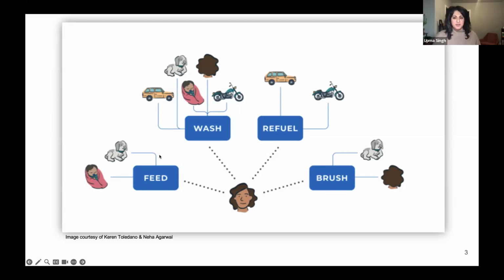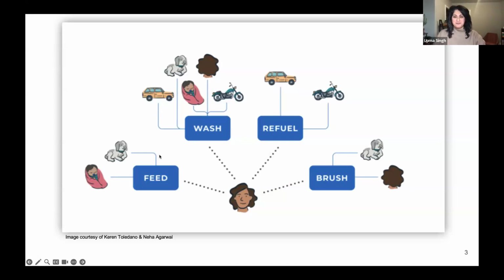And the example that she gives us is what this illustration is showing. And by the way, I want to throw credit to Karen Toledano and Neha Agarwal for this illustration. They are two local women. I don't know if Neha is still there, but they both used to be at Think Company at one point. Karen is also an OOUXer, and they came up with this illustration to illustrate this example that Yankee talks about,